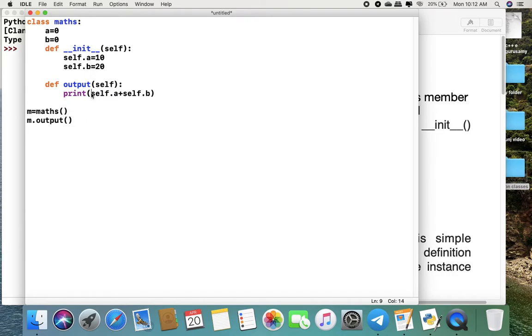So we save the program and run the program.